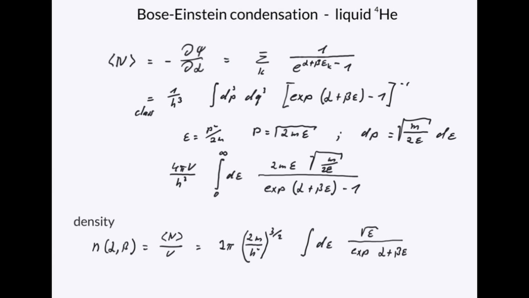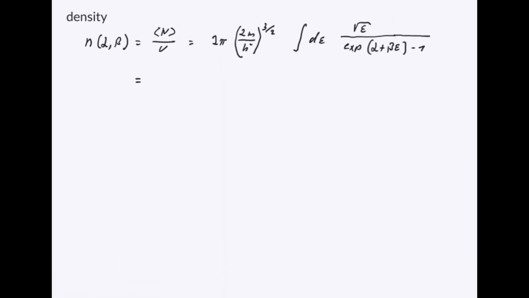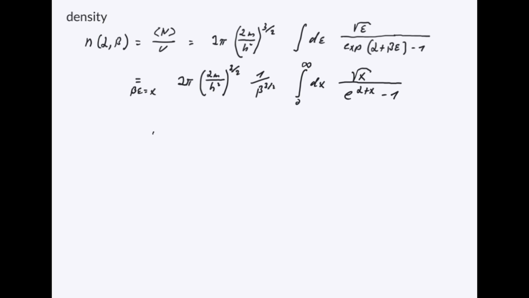Changing variables further to beta epsilon is equal to x, we obtain a final expression for the density of the bosonic gas as a function of alpha and beta. This expression contains an integral as the last parameter. We see that the integral scales with e to the power alpha plus x. Hence, there is a maximum to this integral, letting alpha be 0. In realizing this, we now can calculate what is the maximum density that a bosonic gas can assume, assuming that alpha